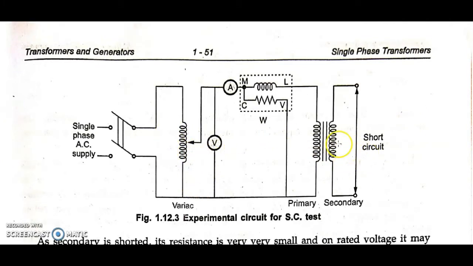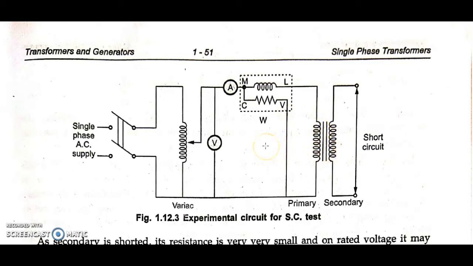Remember, while doing the short circuit test, you need to observe this ammeter. Very, very important. Not the voltmeter. The voltmeter value we are going to use anyhow, but the ammeter value matters to us a lot. Why? Because whatever current is there, it should be the full load rated current of that particular transformer. If the current increases, your windings may burn. So very much care should be taken while doing the SC test. Make sure that the current on the ammeter does not cross the rated value of this transformer.